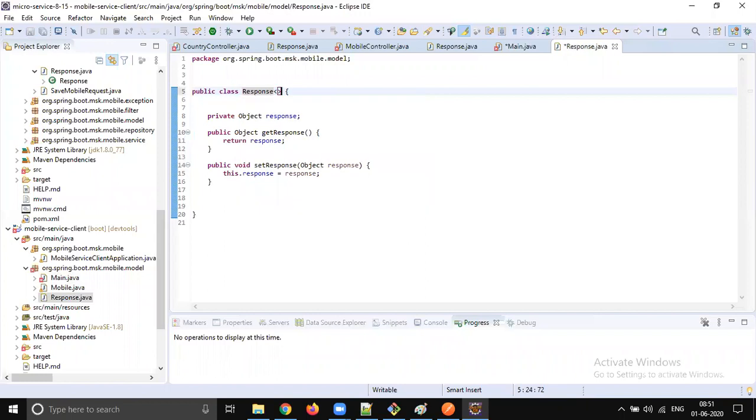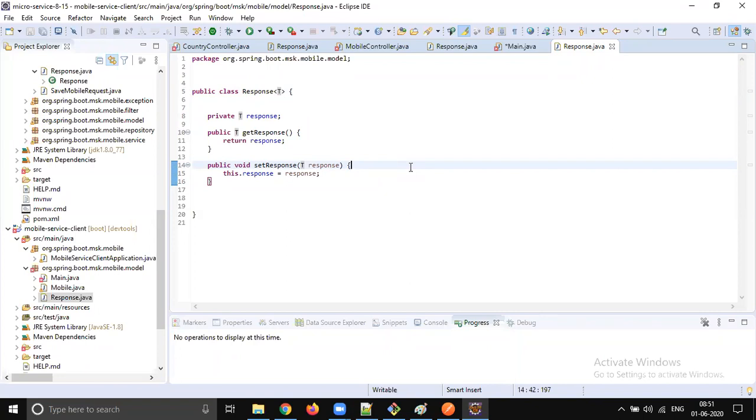It is just a matter of adding the diamond brackets and changing the return type Object to T. Make sure you return the T and you take the T. It's a T type, so the T can be anything.